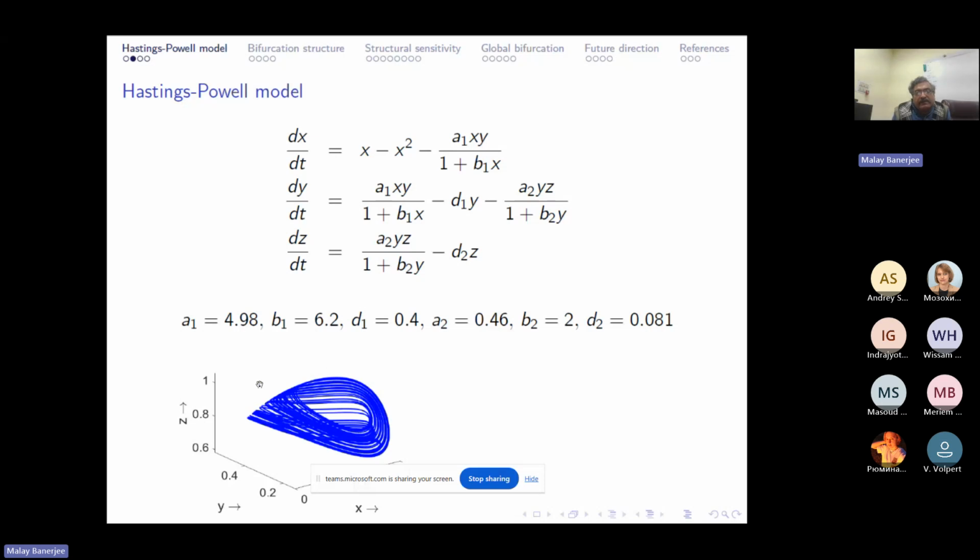Now the question is that for this problem, we can find different equilibrium points, different invariant sets,